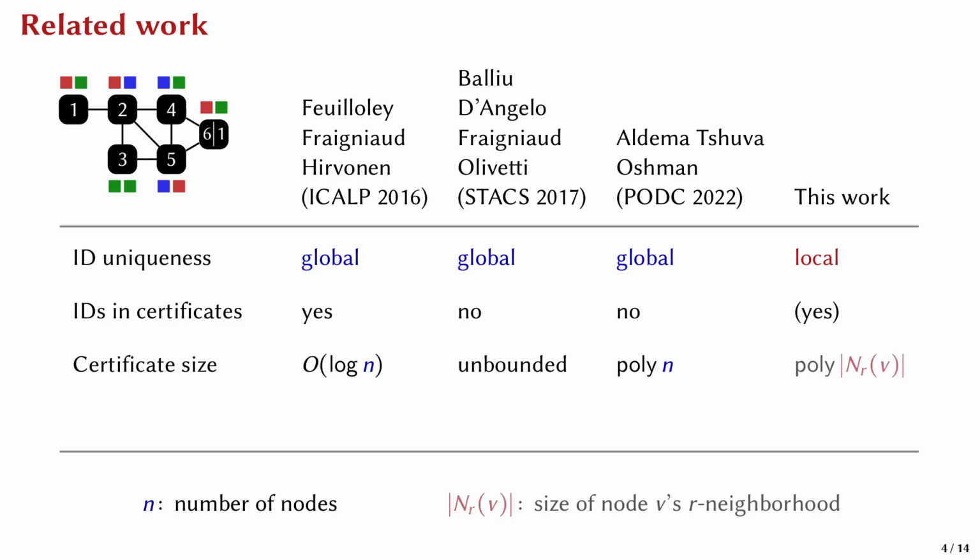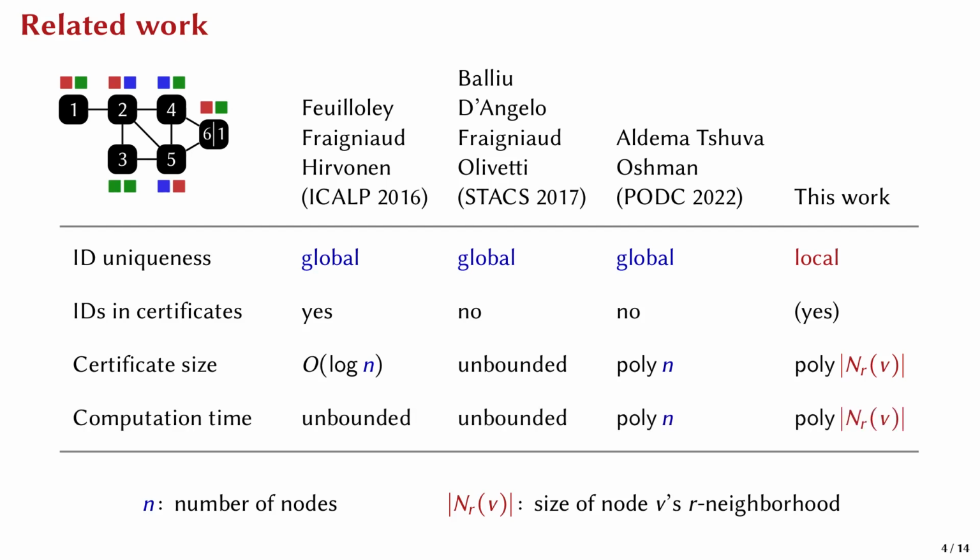And more precisely, the size of a certificate given to node V must be polynomial in the size of V's constant radius neighborhood. And finally, the previous papers assume that local computation time is either unbounded or dependent on n. But again, to get Fagin's theorem, I had to consider polynomial bounds with respect to the node's constant radius neighborhoods. So basically, the main difference with previous work is a much stronger focus on locality. And that was not a conscious choice, but rather a direct consequence of my attempt to reverse engineer Fagin's theorem.